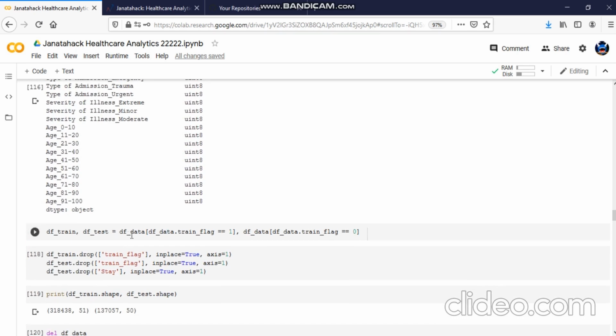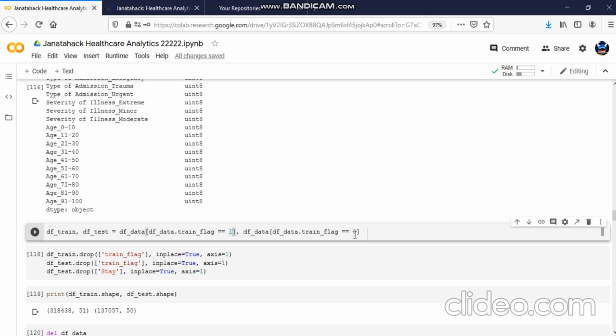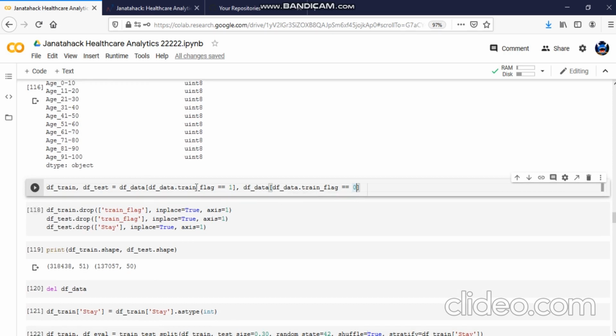So after that what we are going to do is separate our train and test data sets again. As we remember, for the train flag column we had given values as 1 in our train data, and values as 0 in our test data. So according to that we are going to separate our train and test data sets again. Okay, so we are going to remove that extra column, the train flag, from both the data sets, and also we had added the stay column in the test data set, so we are also going to remove stay from the test data set.